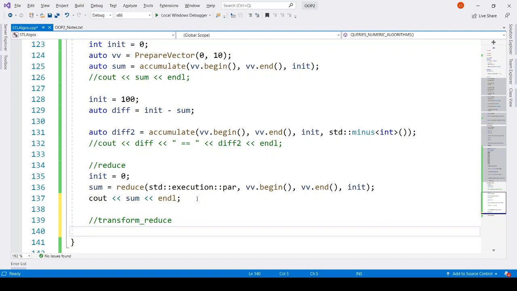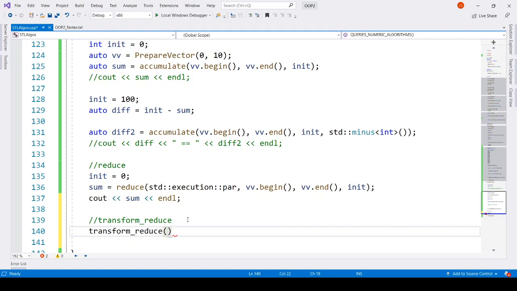It is same as reduce. It can be executed in parallel. The difference is that it can actually take an initial value, okay, and basically transform reduce is same as inner product executed in parallel, basically, okay.